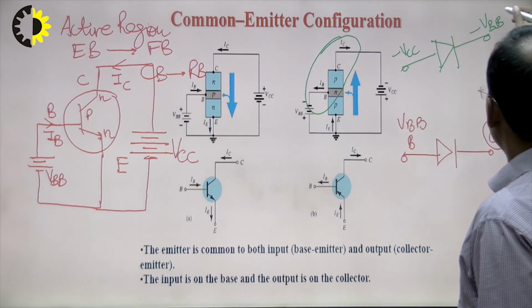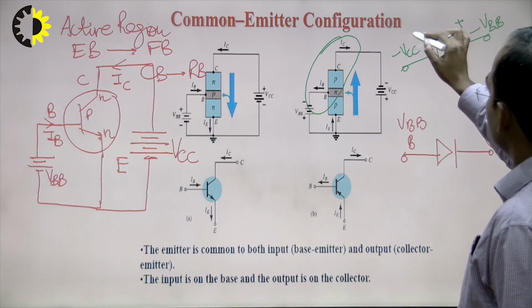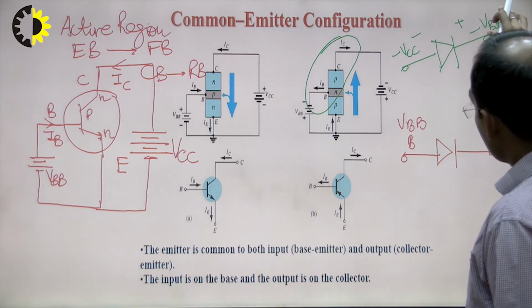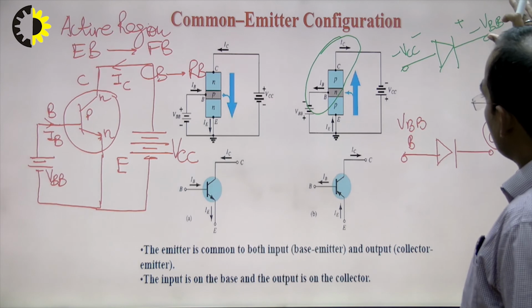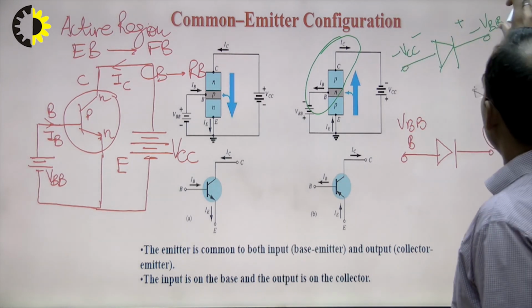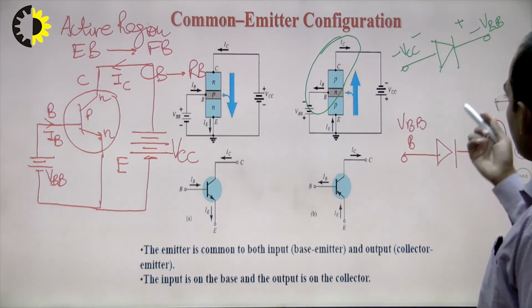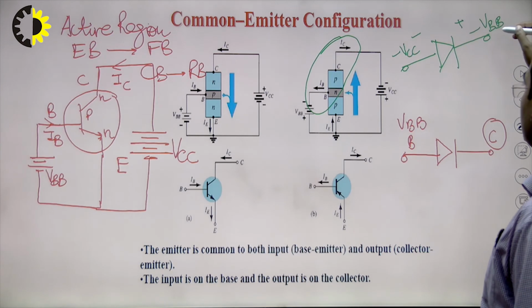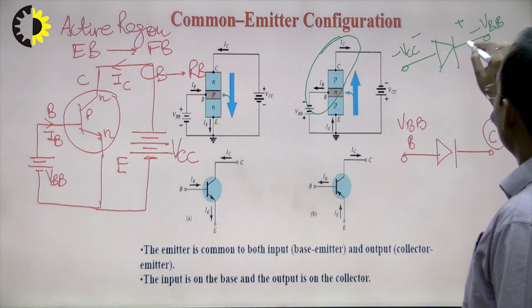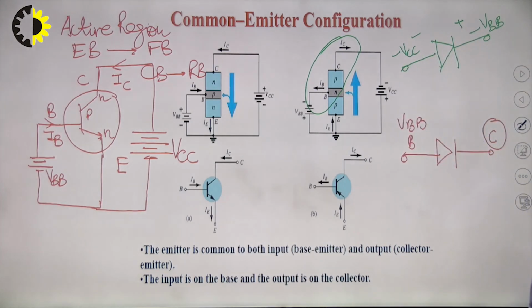So, if this VBB is less, then it will work as a positive terminal, and if this VCC is greater, then it will work as a negative terminal. So, you can say that minus VBB is lesser in magnitude and VCC is greater in magnitude. If I consider this with sign, then you can say this is lesser and this is greater. In this way you can make this collector base junction reverse bias.